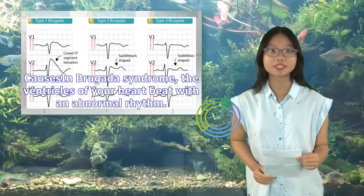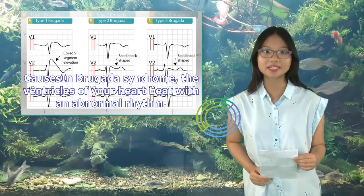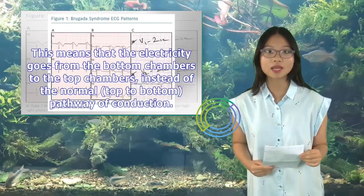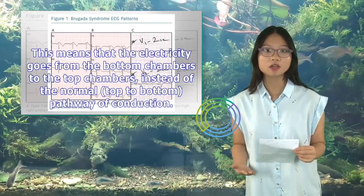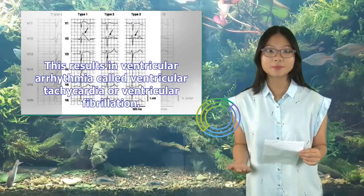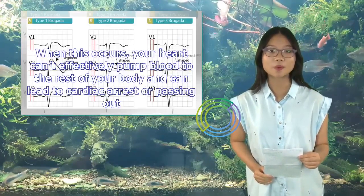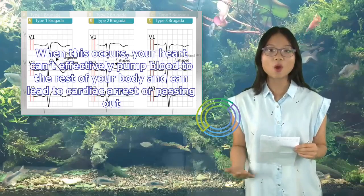Causes. In Brugada syndrome, the ventricles of your heart beat with an abnormal rhythm. This means that the electricity goes from the bottom chambers to the top chambers, instead of the normal top-to-bottom pathway of conduction. This results in a ventricular arrhythmia called ventricular tachycardia or ventricular fibrillation. When this occurs, your heart can't effectively pump blood to the rest of your body